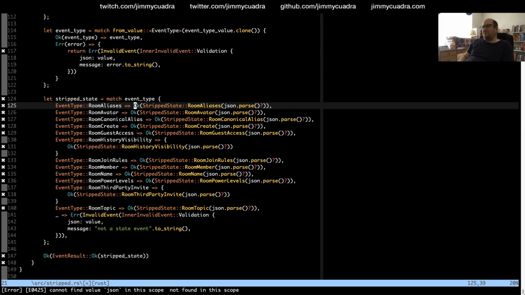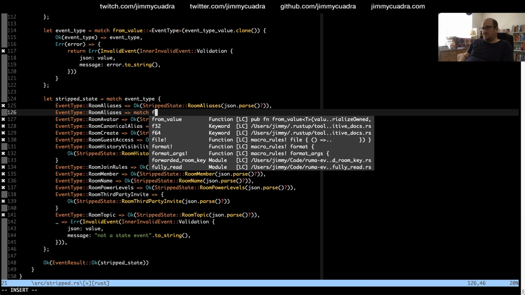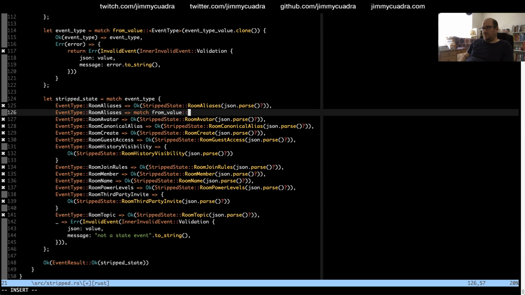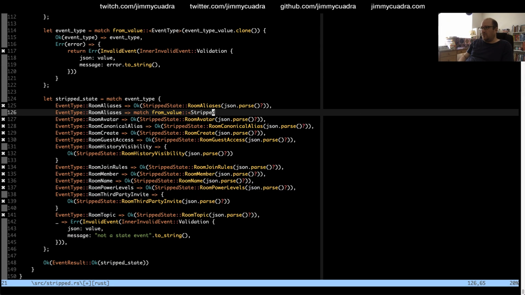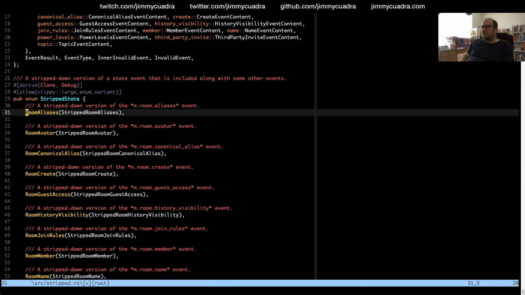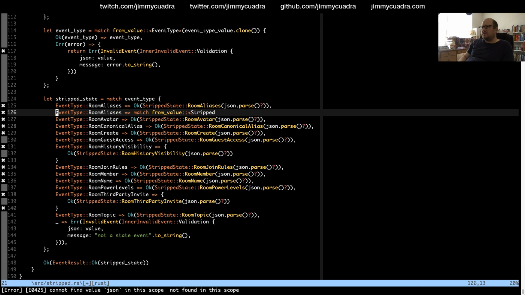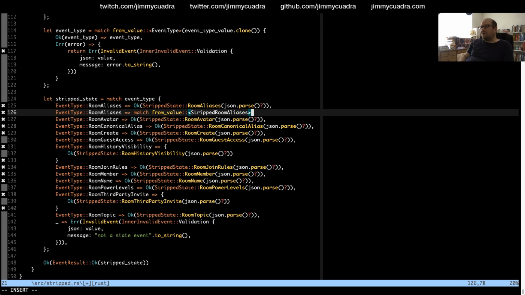Is there a nicer way to do this? Let me just start writing out one of them because I'm having a little trouble visualizing this. So what we're really going to do is match from value for stripped. No. What's the inside room aliases? Stripped room aliases. We're going to try and convert this from a value.